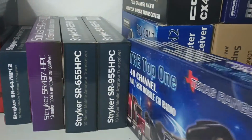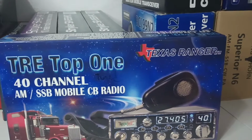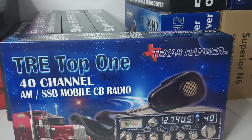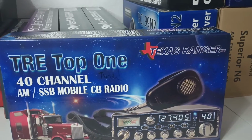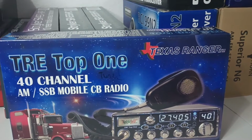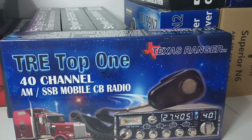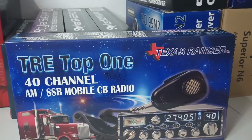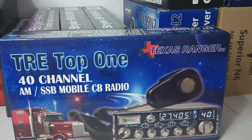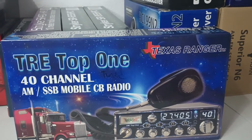These have really taken off. These are pretty badass radios. For a lower output radio, they put out like a Cobra 29, like a Galaxy 959, 10, 12 watts average, 30 to 40 watts PEP. They do a really good job. Everybody's got these locks on. We just go ahead and put the VFO wind up in them. It'll be on a toggle switch on the back. I know some people are probably not going to like that. You may use it, you may not use it, but